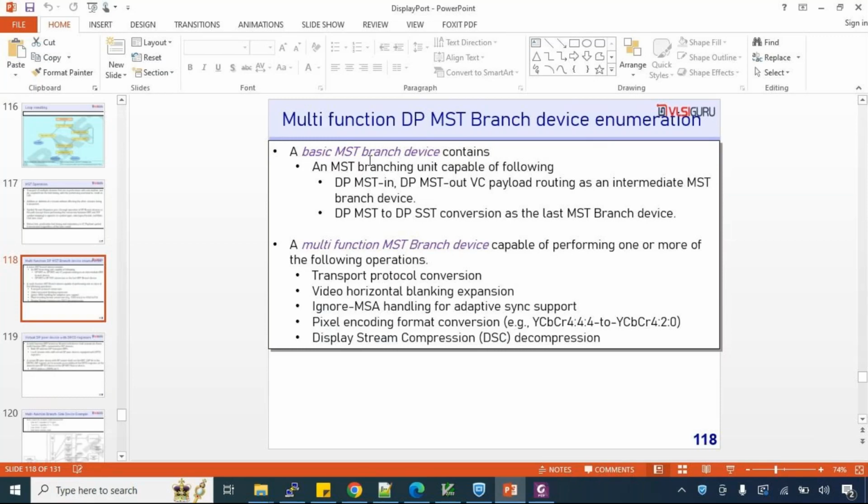So what does branch device mean? Can you tell me? A device between source and sink. It has one incoming port and it can have multiple outgoing ports as well. Okay, so basically the basic one, when we say basic, it is only capable of DisplayPort